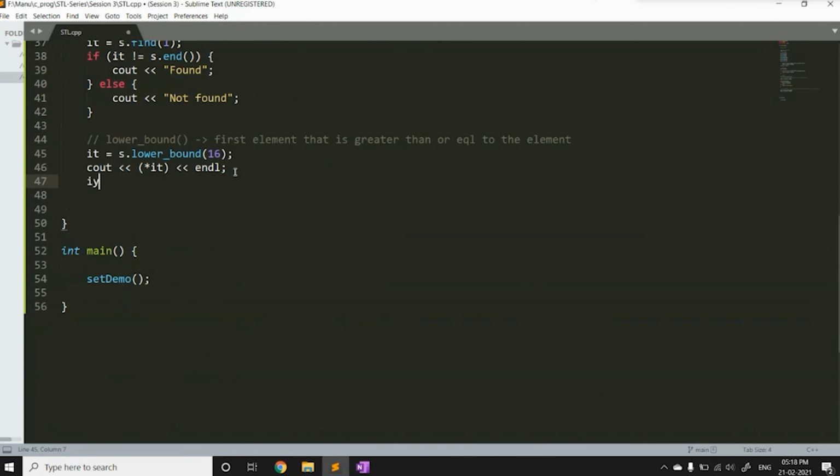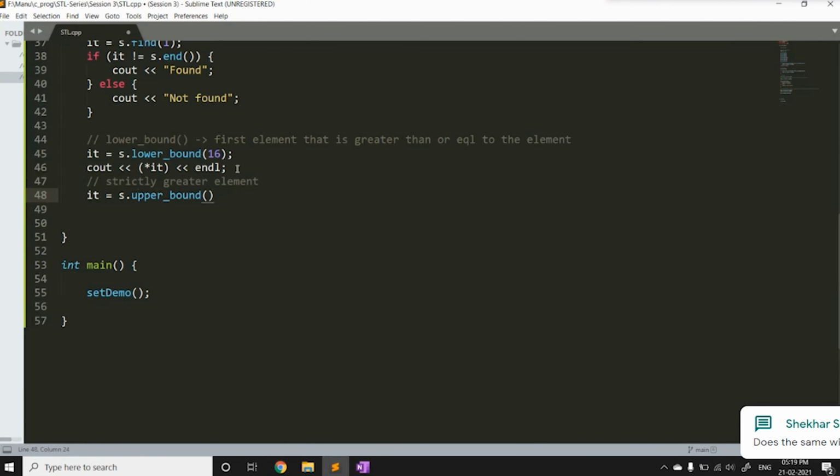Also, there is the upper bound function, which will give us the strictly greater element. Strictly greater element.